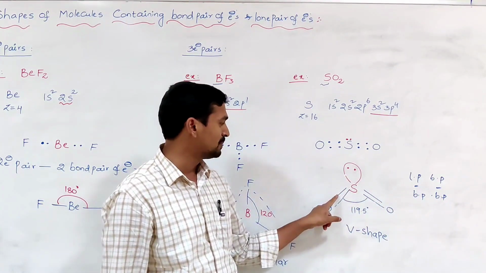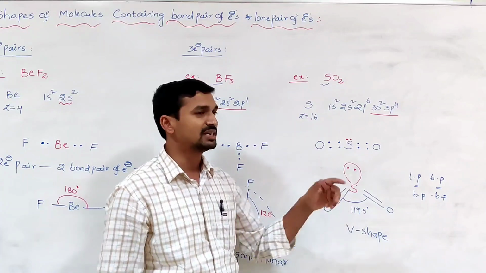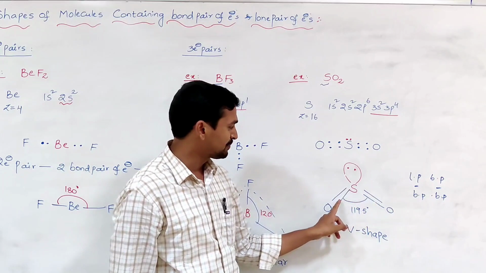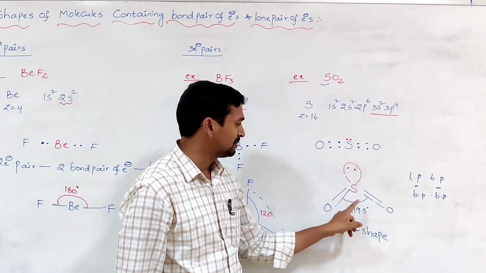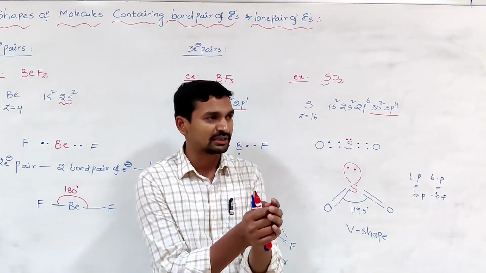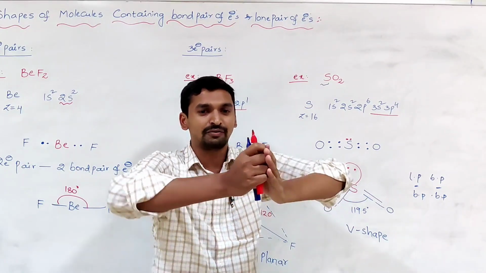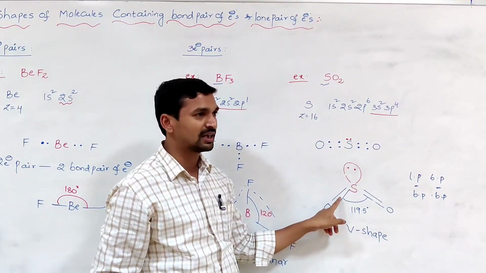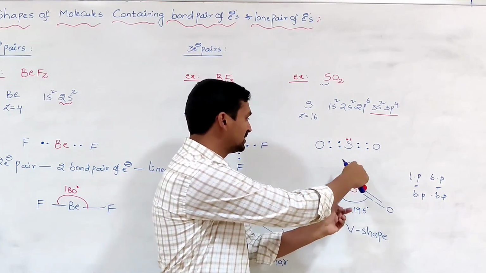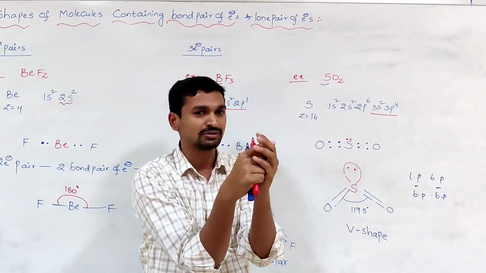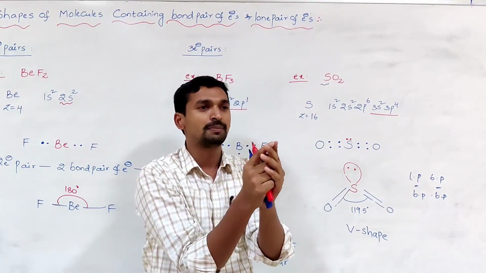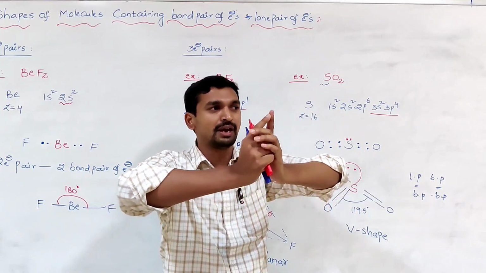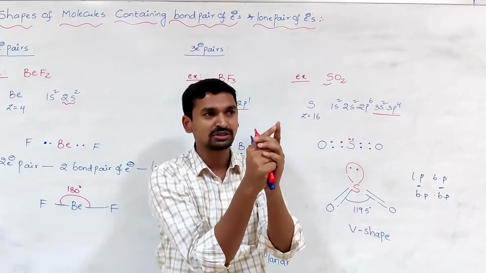Whenever the lone pair bond pair repulsions are stronger, the bonds always come very close to each other. If we consider bond pair repulsions, between the bond and bond, the repulsions exist and the bonds always try to move away from each other. At the same time, lone pair bond pair repulsions exist. That means bond pair repulsions are always pushing the bonds away from each other, and lone pair repulsions are always pushing the bonds close together.